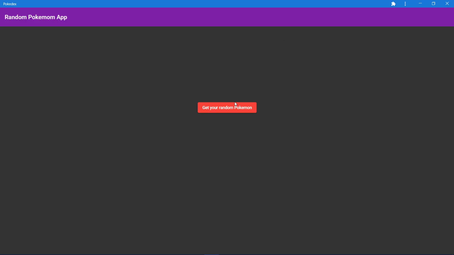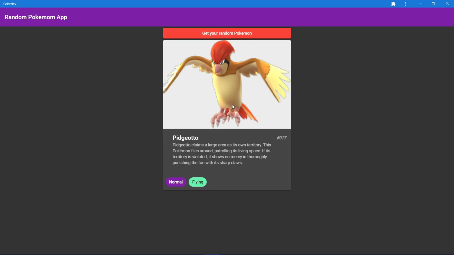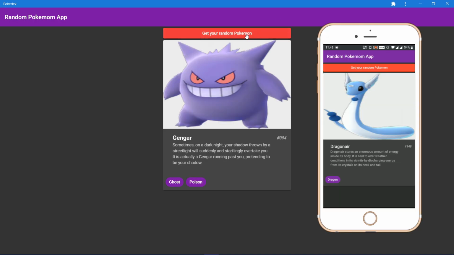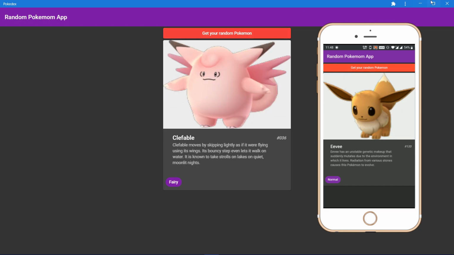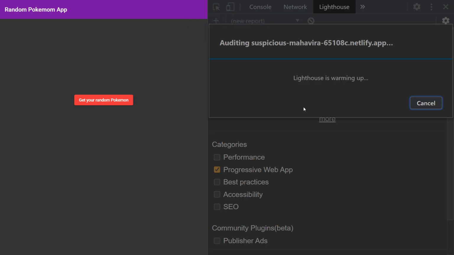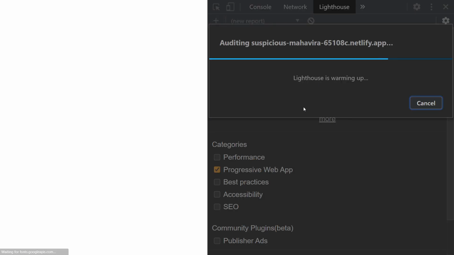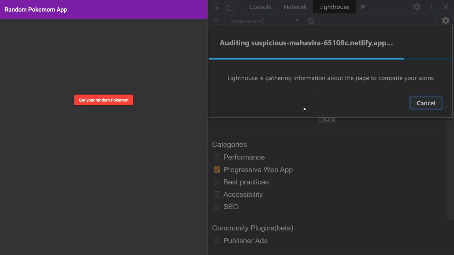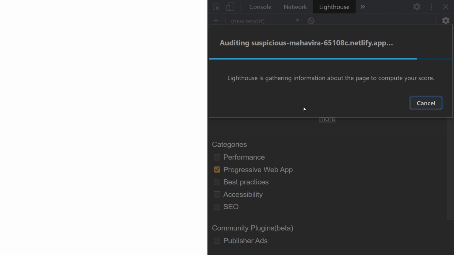So we will try to build a simple application which is a fair replica of Pokédex, and we will try to deploy this application on the web and access it on computer devices and mobile devices as a web and a native application. This video will be a complete guide on making a PWA application with Angular which passes all Lighthouse tests. Hence, it's a bit long video.